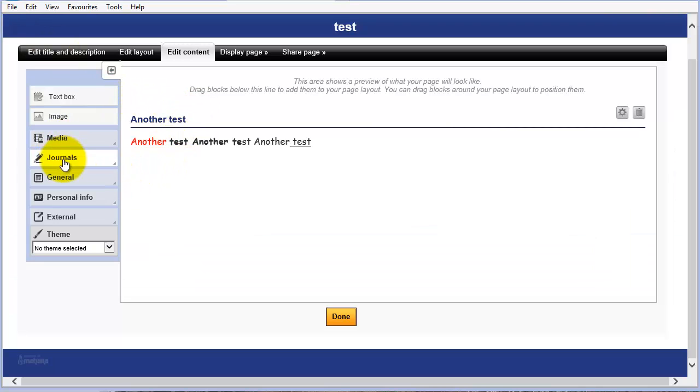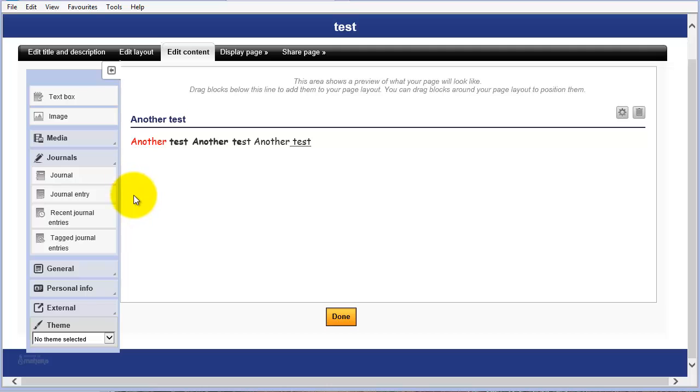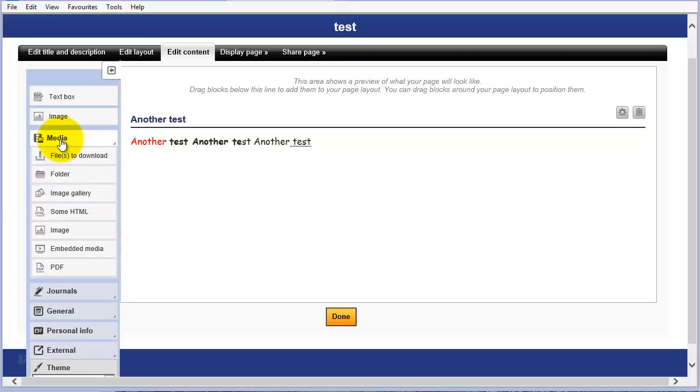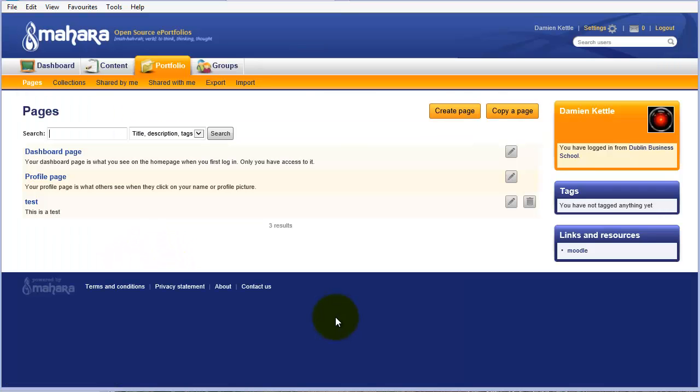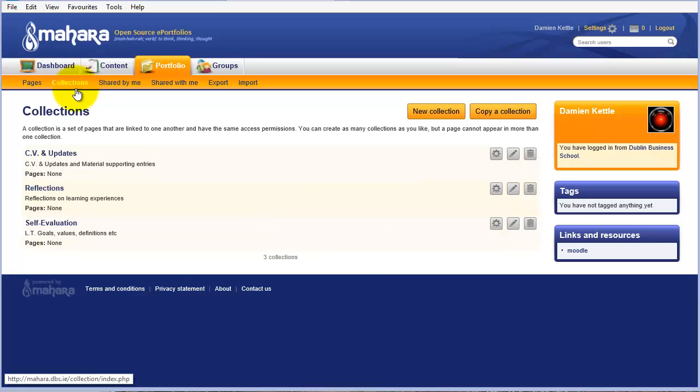Again, if I wanted to pop in some journals, journal entries, some media, I could create a folder within a folder, or bring out an image. There's a few things I can actually do. And once I've done that, I'll hit done at the bottom. And you can see here I'm now on my pages, and I have a page here which I've called test. So if I come over here to collections, you can see with pages there's none